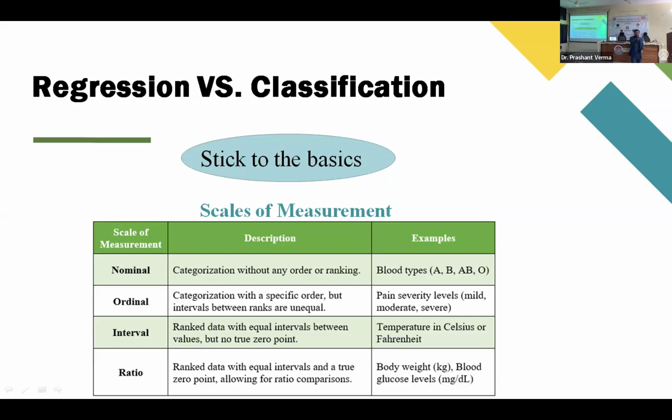We can order those classes, but in nominal we cannot order them. We cannot say that men are better than women or women are better than men. Okay, this next part is quite confusing: interval and ratio. We often have confusion about whether a variable is on an interval scale or a ratio scale. The difference is that either way, it will be a numeric, quantitative variable.